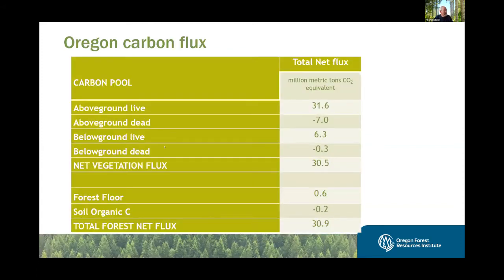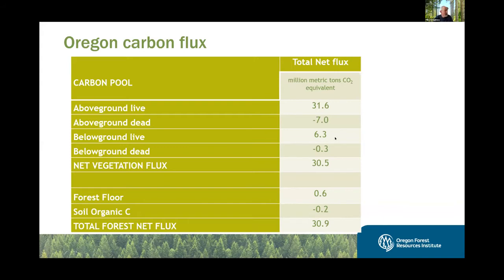The other thing it looks at is sequestration. Again, we talked about storage is what the last two slides were about. And this is looking at the sequestration. Our net, and we always talk about flux, which is change. And flux has, if it's a plus, then you're having more carbon stored, that's sequestration. If it's negative and you're losing carbon to the atmosphere, that's emission.